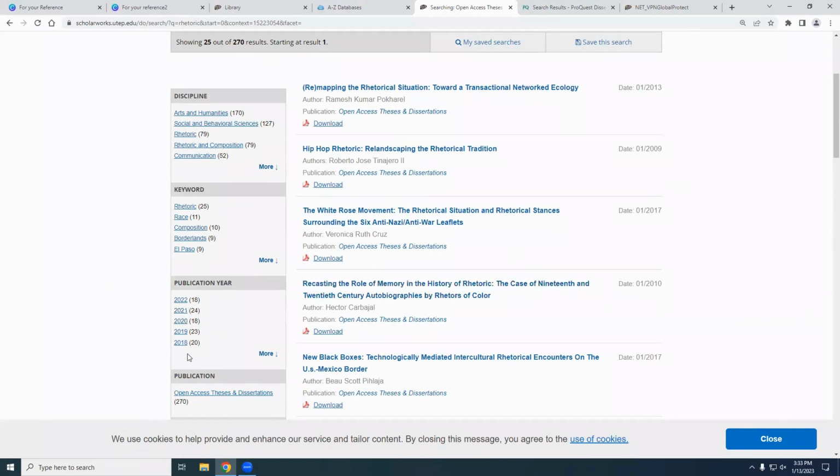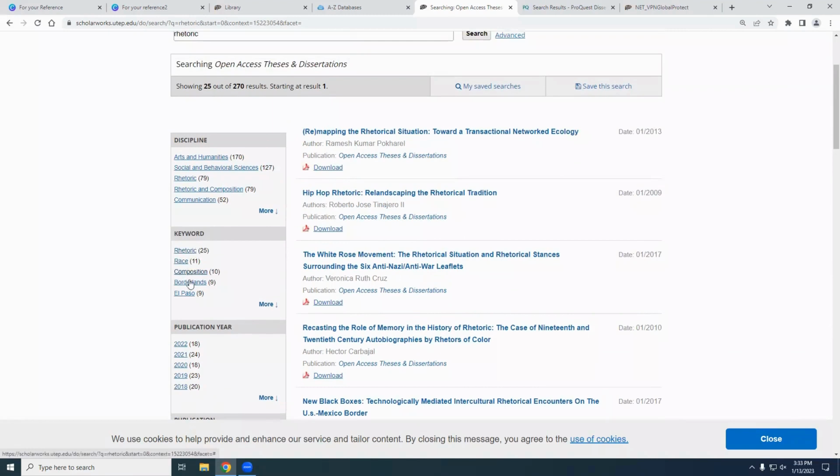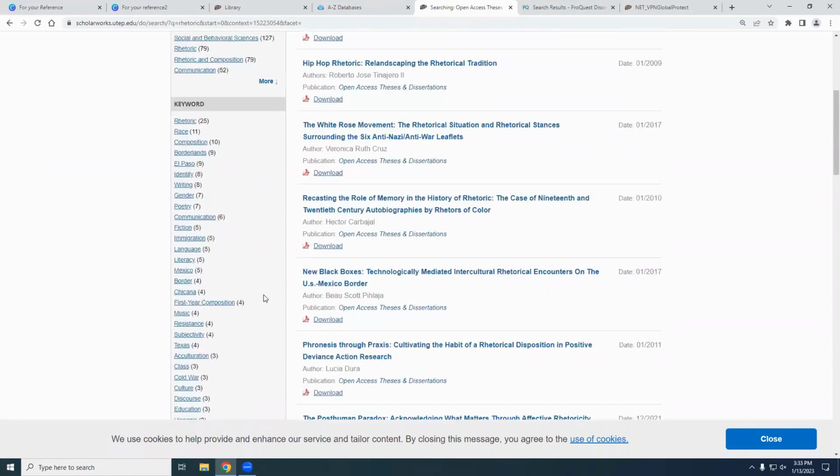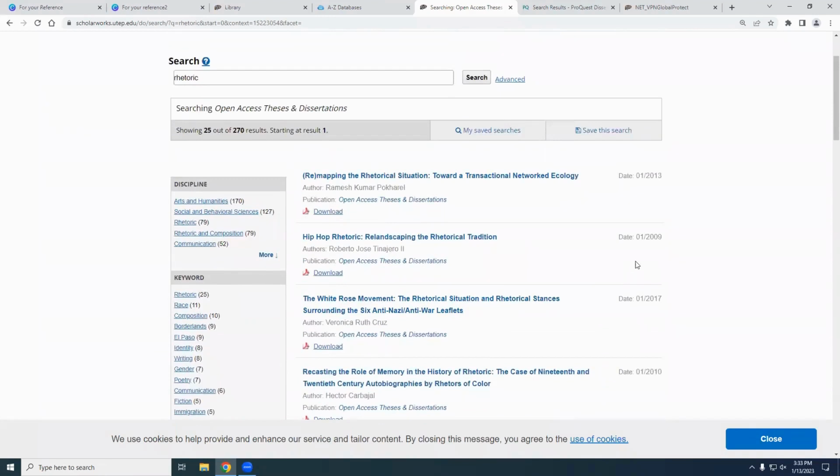You can narrow by publication year. If you want to look at keywords, we have those. So you can refine just like you would any other database.